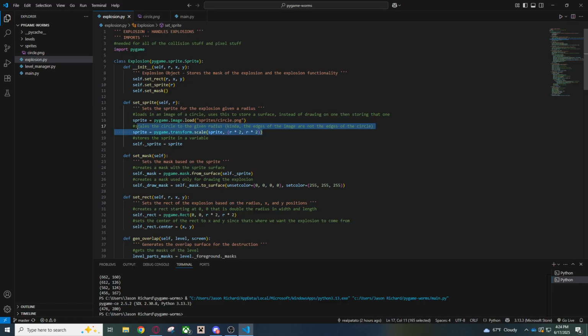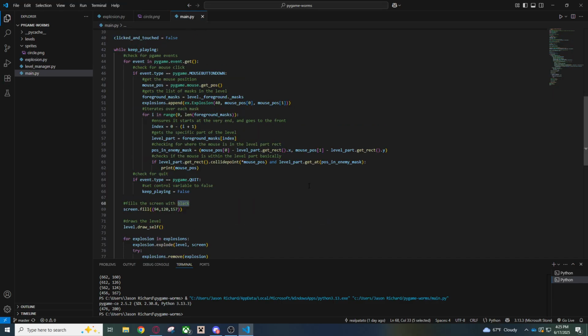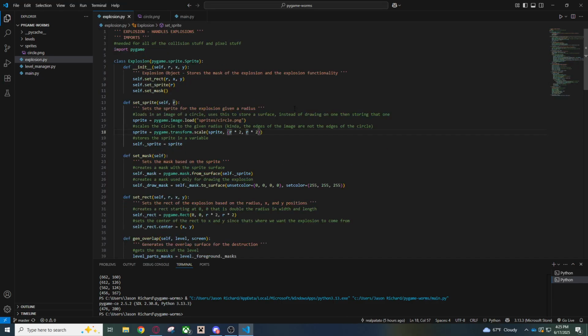And then it scales the image using the radius. Scale uses a size, which is kind of an x and a y. It uses an x and a y, and you pass in the radius. In these specific cases, in the main when I'm running it, it's doing 80 by 80, because the radius is also only going out half, and you want a full 80 by 80. Yeah, that's basically it. This is where it stores the sprite in a variable that is contained within the object,